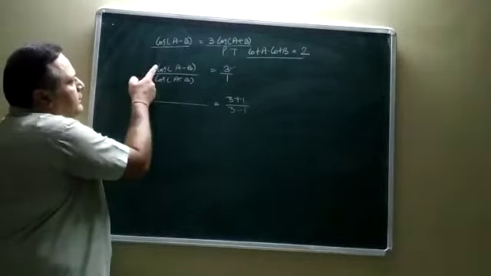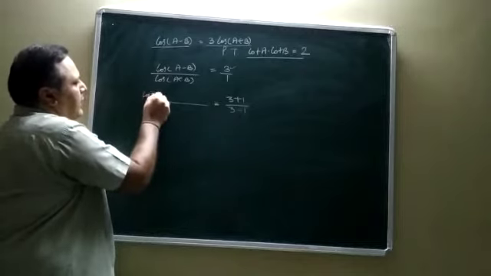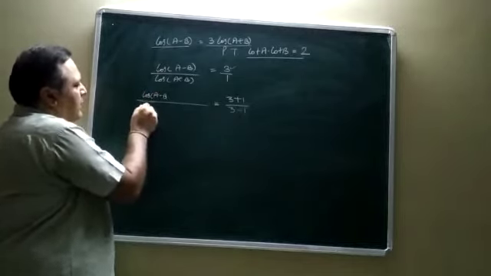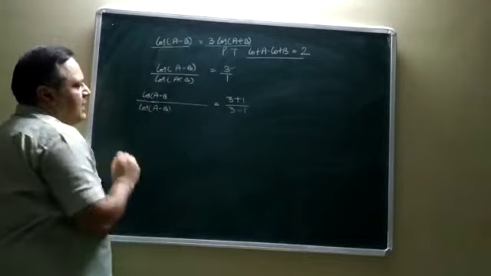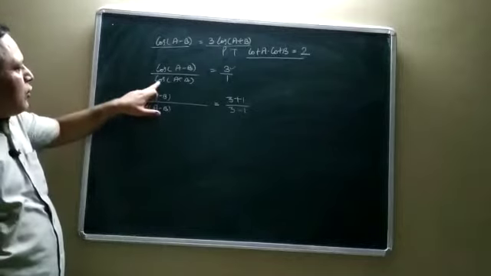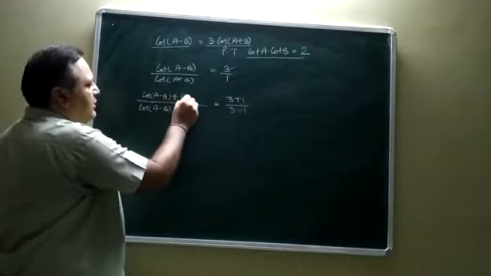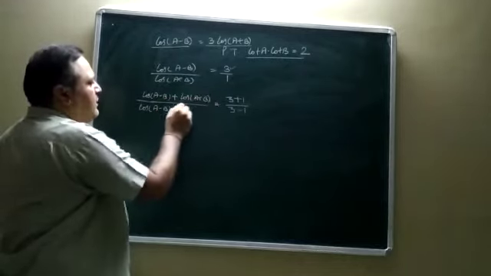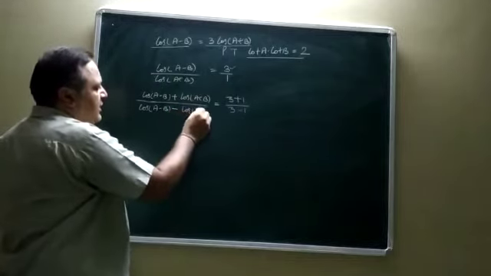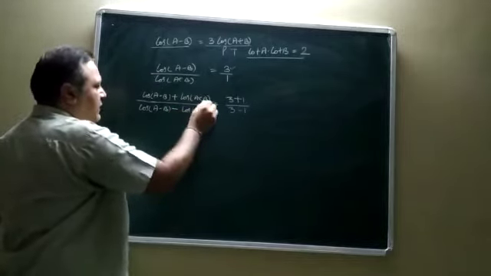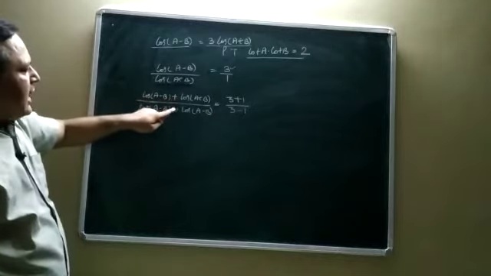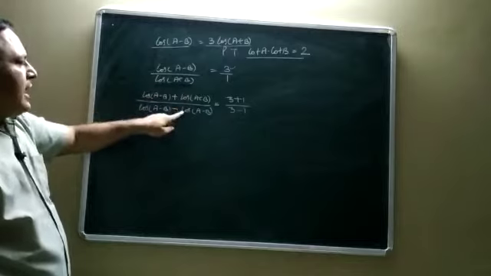See, we apply it here. In this case, the numerator is cos of a minus b. So write cos of a minus b in the numerator as well as in the denominator. Now you have cos of a plus b in the denominator. So this value goes for addition in the numerator, and this value goes for subtraction in the denominator. I repeat, whatever the numerator you have, keep the numerator in the numerator as well as in the denominator, and whatever value you have in the denominator, it goes for addition and subtraction in the numerator and denominator.